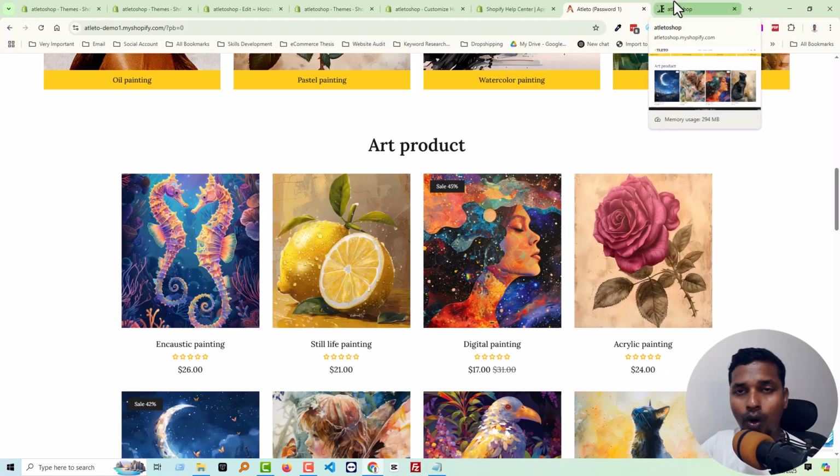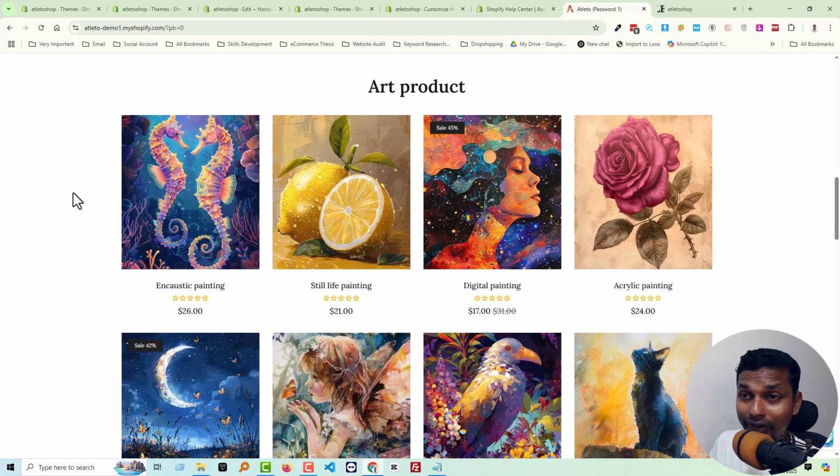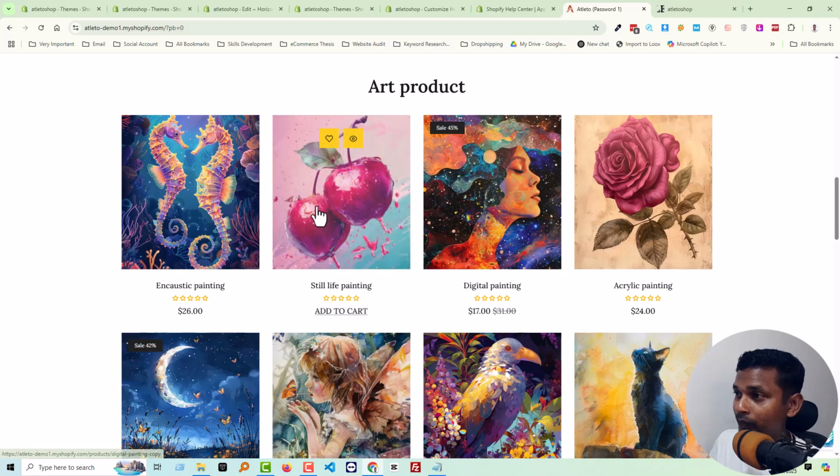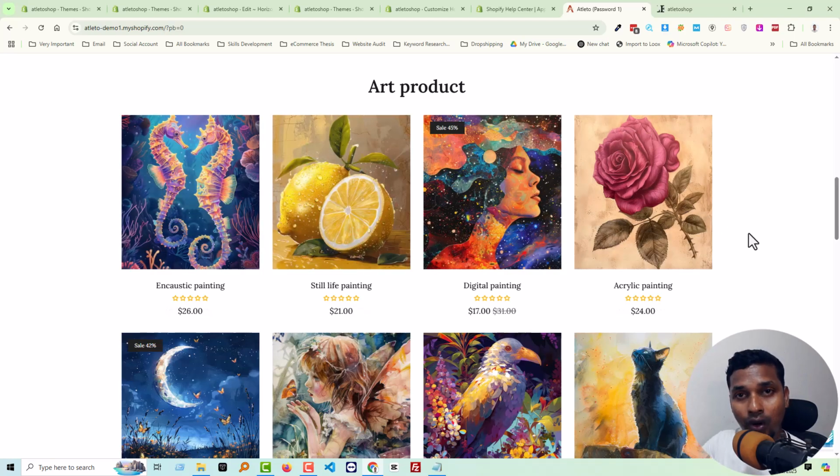For that, of course, we have to do custom code, but if I start doing custom code to make a section like this one, then this tutorial will be too long. So I want to first make a solution, then I will share the ready code snippet with details and explanation of this code that will be easy for you to implement and make a Shopify online store like this section or like the reference website. So I think it's okay so far,